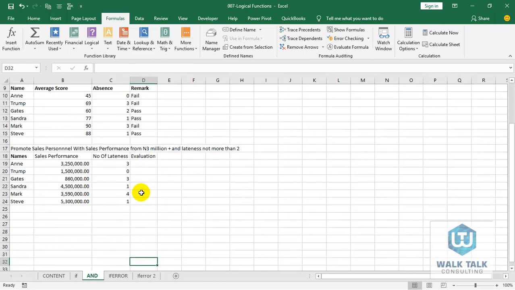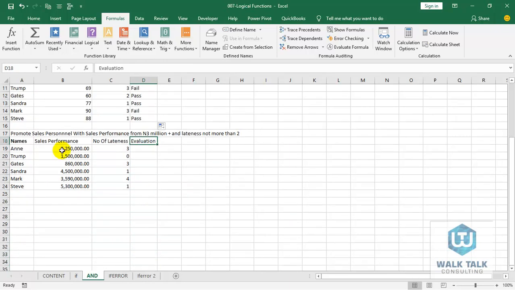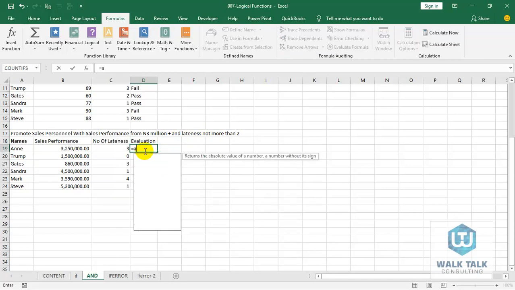So let's take a look at this one. Promote personnel with sales performance from 3 million and lateness not more than twice. So I'm going to use the and function because both conditions must be satisfied. I will nest it with the if function. I say if and